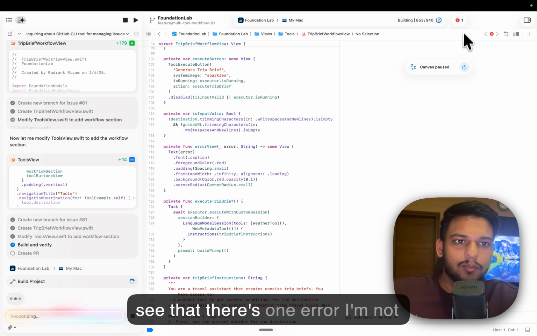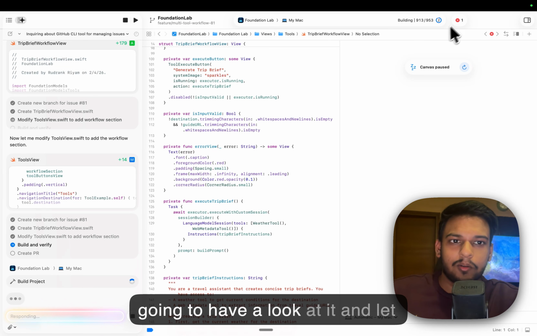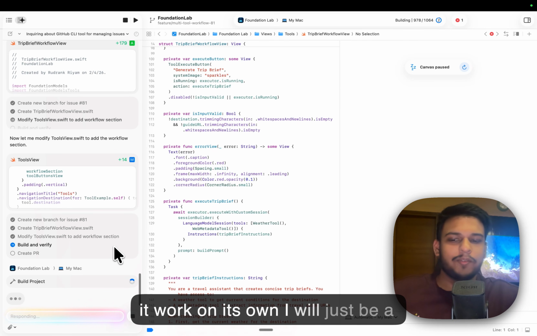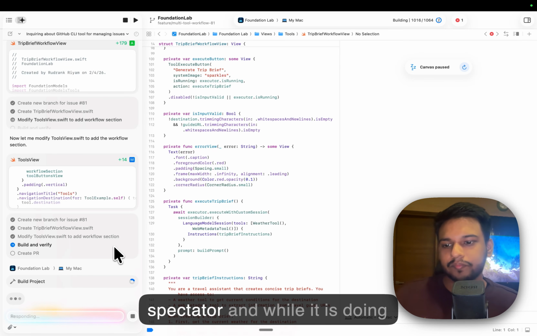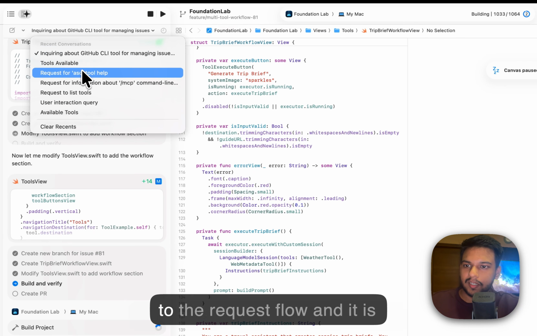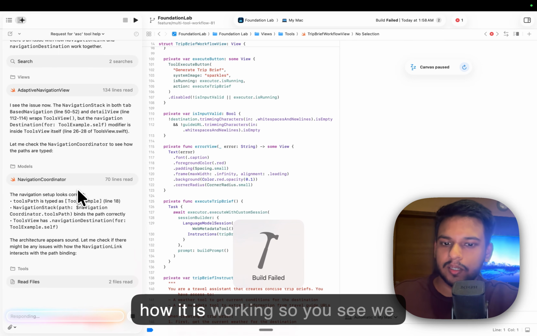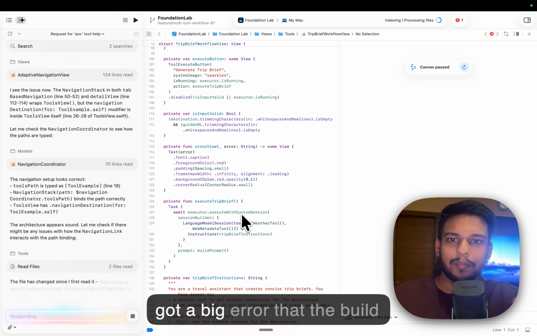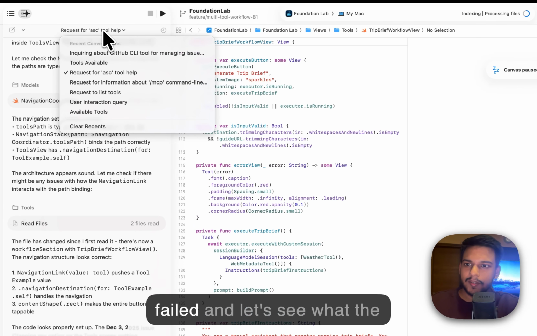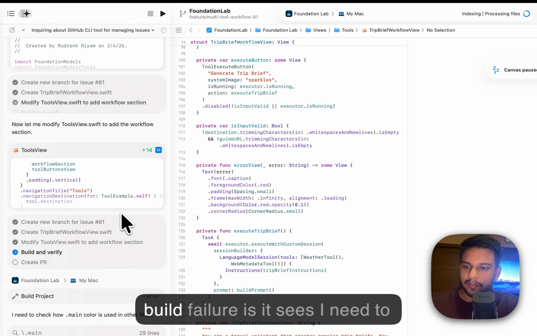I can see that there's one error. I'm not going to have a look at it and let it work on its own. I will just be a spectator. And while it is doing the building part, we can go back to the request flow, and it is going through the files to see how it is working. So you see we got a big error that the build failed,